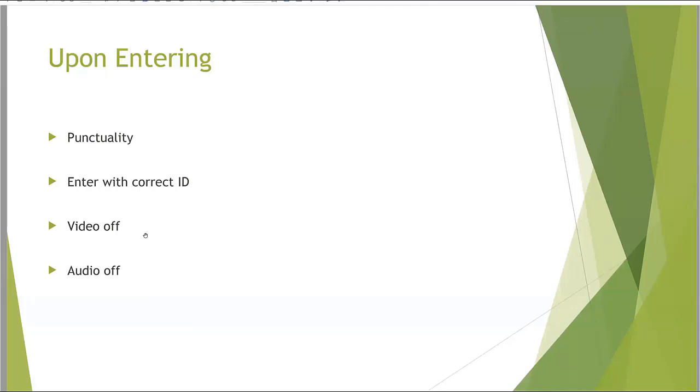Also, when you enter, videos and audios should be off. Remember, there were 3 check boxes in the login document that I showed you. You must switch off your videos, you must switch off your audio. When you are going to be given the mic, the teacher will unmute you, but the video must be off. If you leave your video on, what happens is that you suddenly appear on the screen of the teacher, and in fact, you appear on everybody else's screen that's in the classroom.